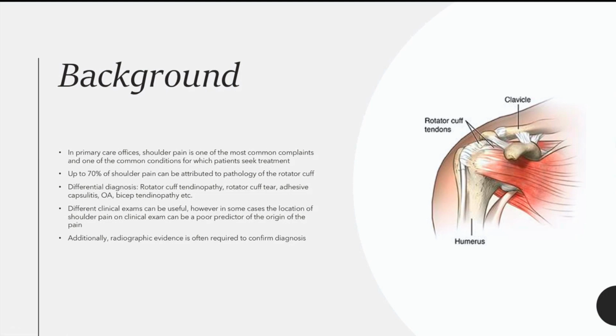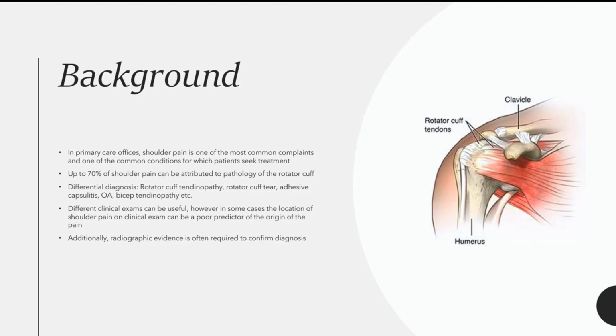Shoulder pain is one of the most common complaints prompting patients to seek treatment, usually in primary care offices. Up to 70% of shoulder pain can be attributed to some sort of pathology in the rotator cuff specifically. Of course, the differential can be very, very broad. There can be tendinopathy, a tear, osteoarthritis. It can go on, but different clinical exams can be useful in aiding in the diagnosis of rotator cuff